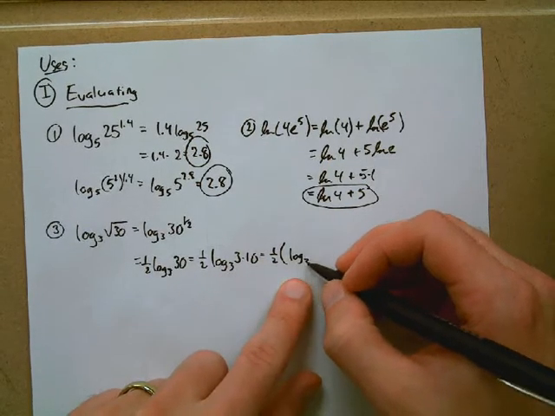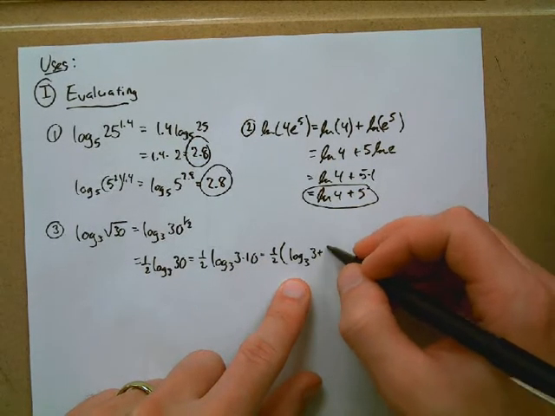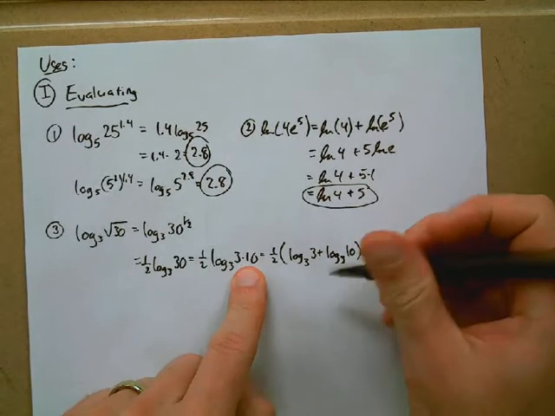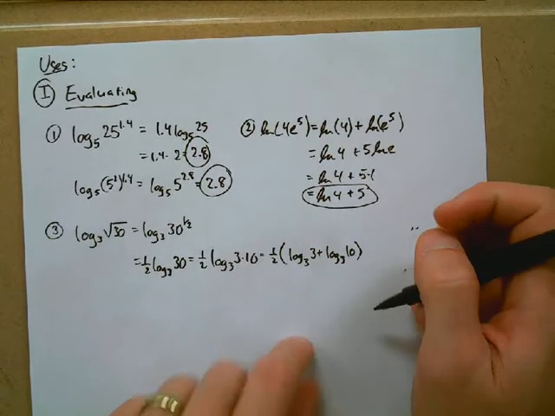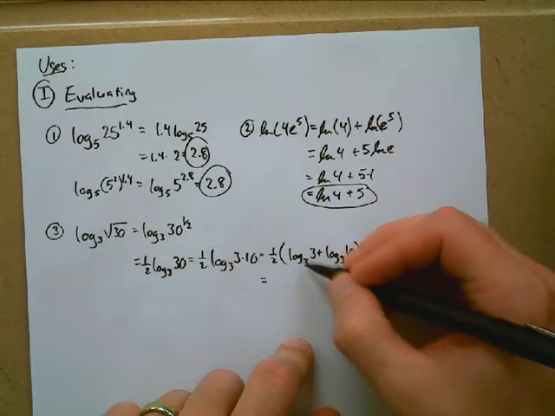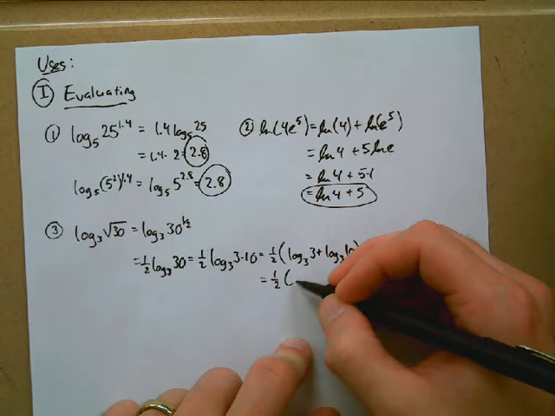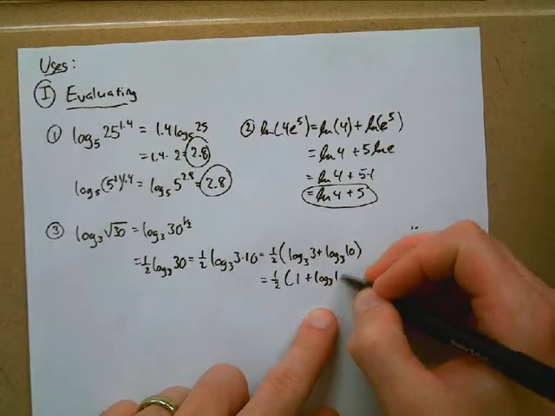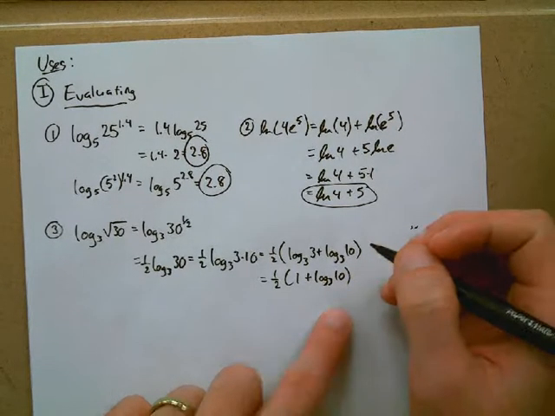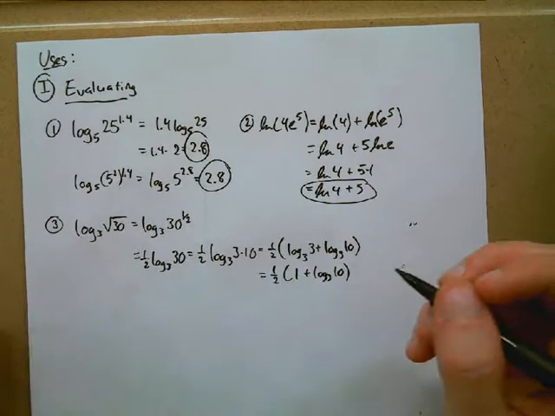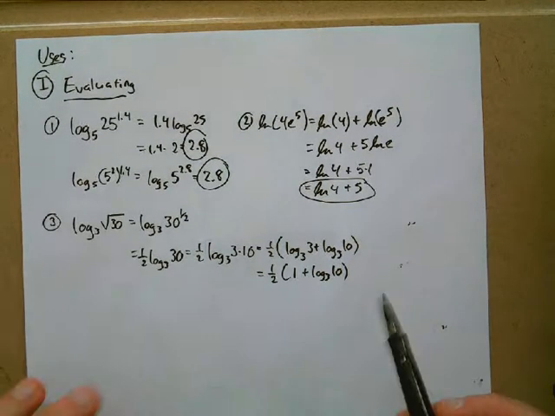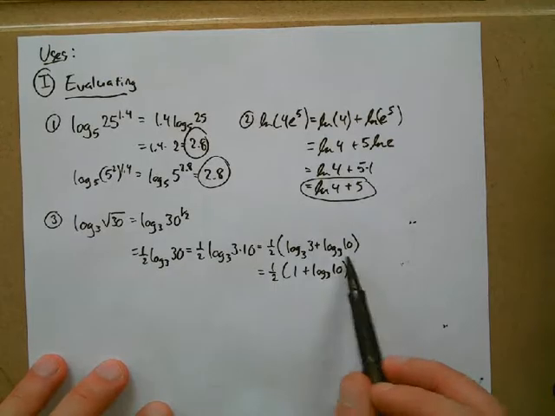The multiplication becomes addition, where we break the log up into two things there. That log base 3 of 3 is just 1. Log base 3 of 10 doesn't simplify any further. There's no more powers of 3 you can pull out of it. And so it's just that for the final answer. You could distribute the 1/2 back through, make it 1/2 plus 1/2 log base 3 of 10. But it's debatable whether that's any better or not. There it is. Okay? So that's evaluating, just kind of trying to simplify those logarithmic